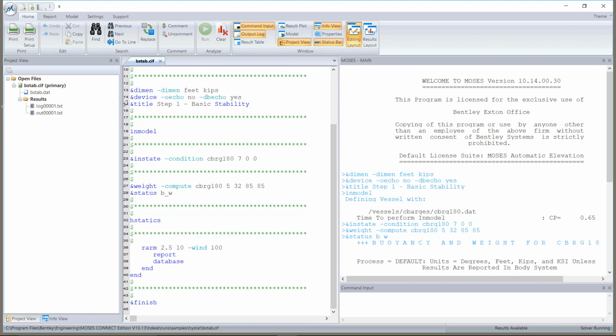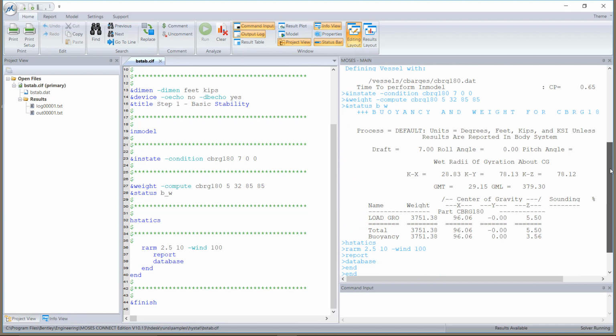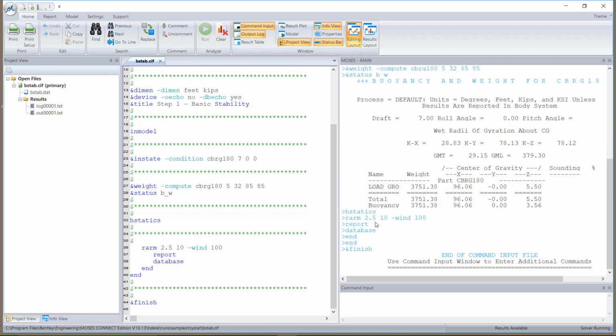And you can see that it basically echoes each command that it read. You will not see the $ lines because those are comments. So you see that there's blue and then there's black. Blue are the commands and black is when it is trying to show you some results that it calculated. So here is a table that we asked for because we needed some information. And then down here we entered the hydrostatics menu and we asked for some calculations. Now this report was actually put into the output file,